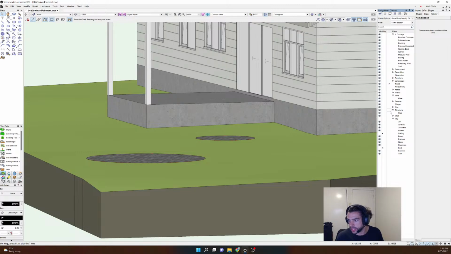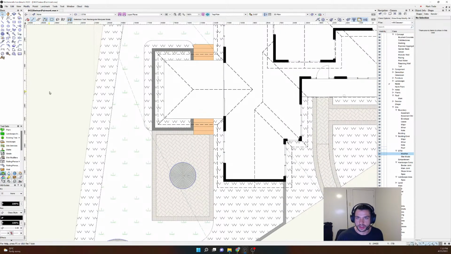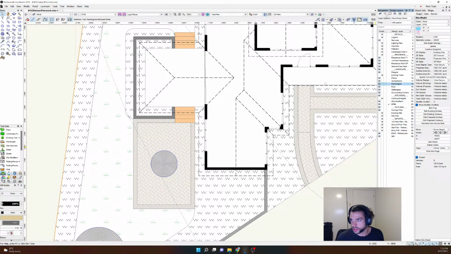If you just go into classes, site, DTM here, and then modifier, if you turn that class off, it'll get rid of those red lines for you. So yeah, just be aware of that. I'll leave them on now because I'm working with them, but when it comes to publish, it can be annoying seeing them a lot. Now, next thing we're going to work on is